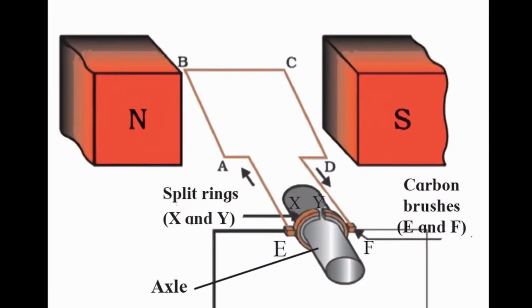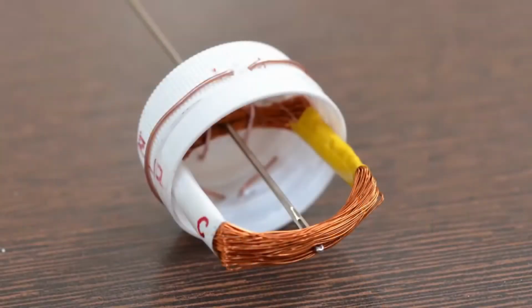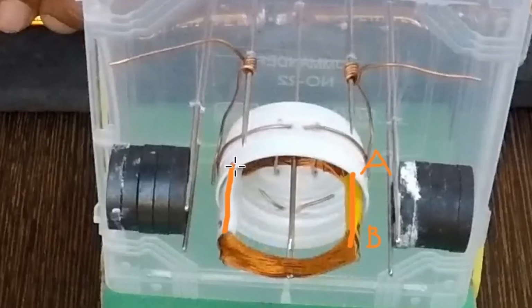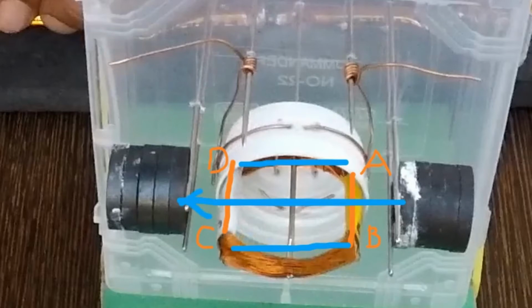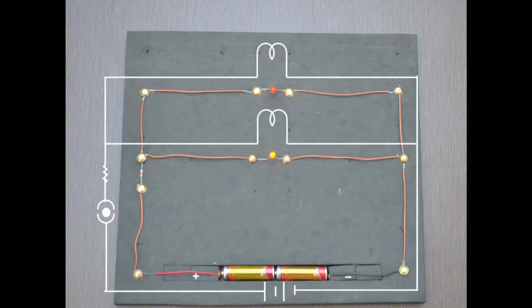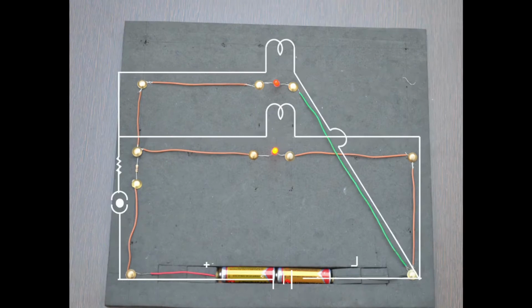It will be good if our activity setup is kept similar to the one in the textbook. DC motor schematic explains the interaction between current and magnetic fields. Same notation and setup is followed in the activity as well. Direction of current, direction of magnetic field is shown by drawing lines on the activity setup itself, instead of using board or notebook separately. Here, circuit layout is similar to the one in the textbook for parallel as well as other type of connection.